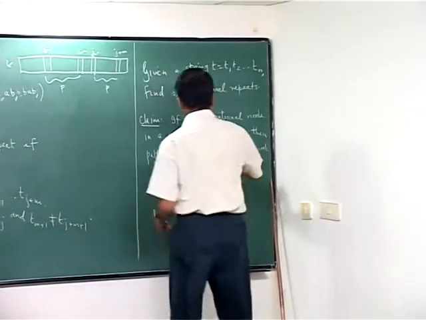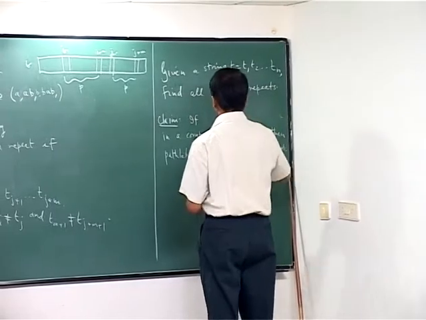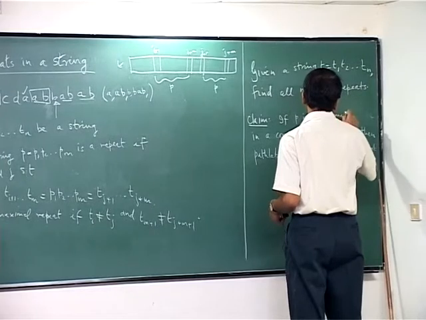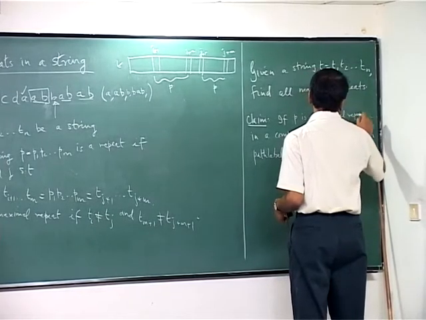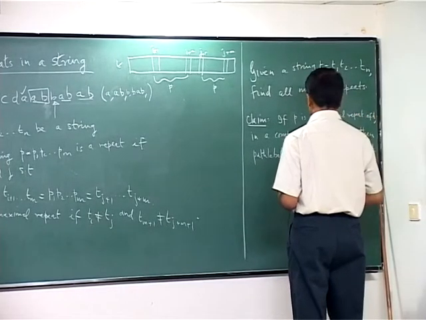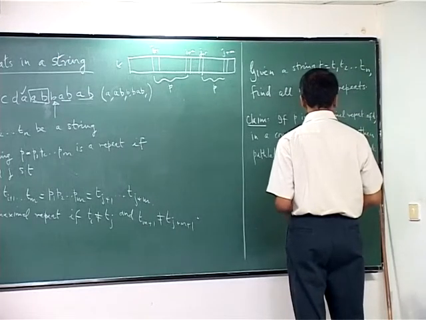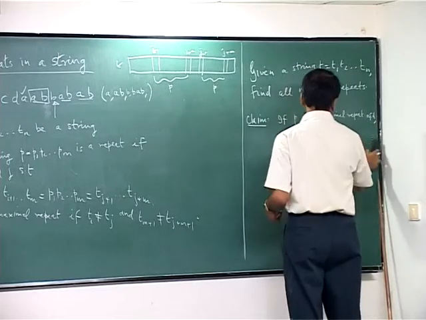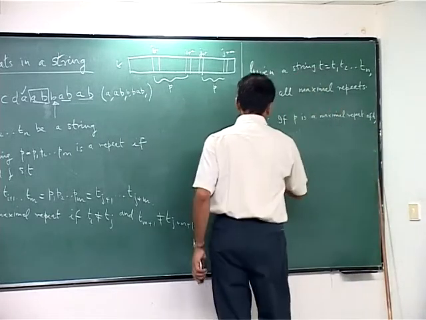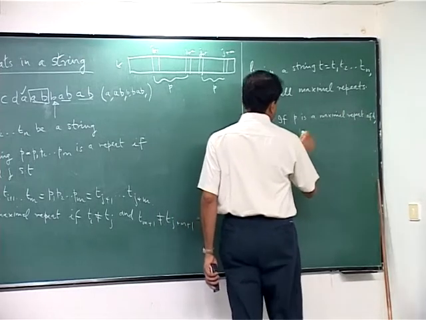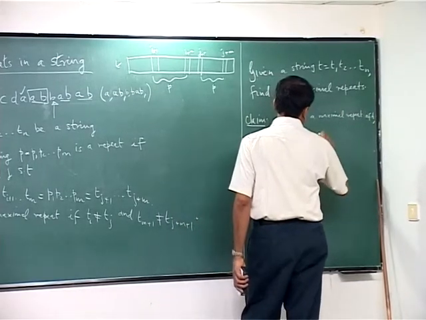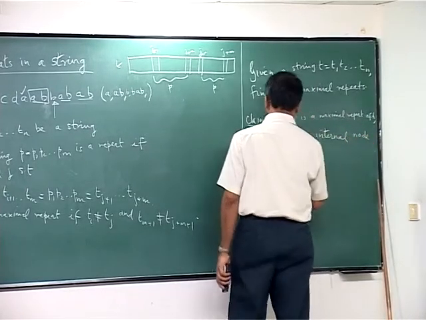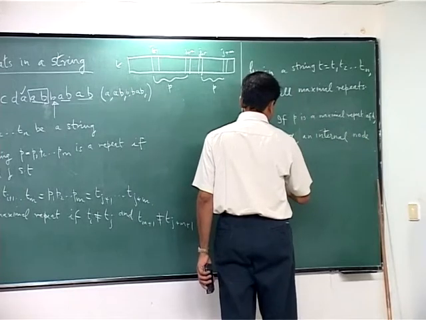Sorry, exactly the opposite. If P is a maximal repeat of T, then there exists an X, an internal node of compact suffix tree of T with